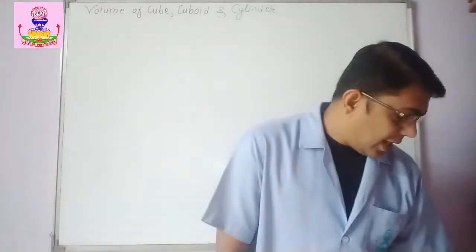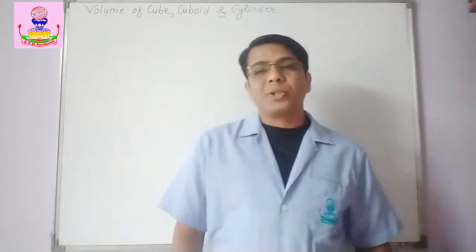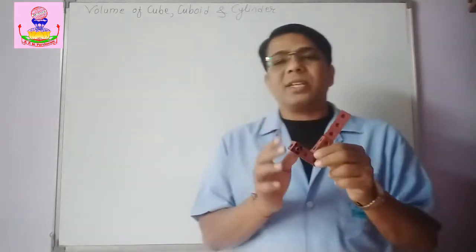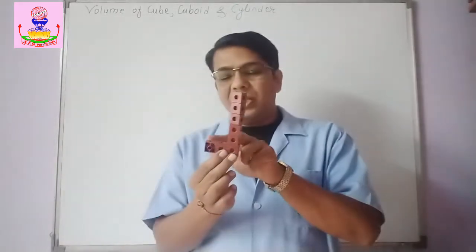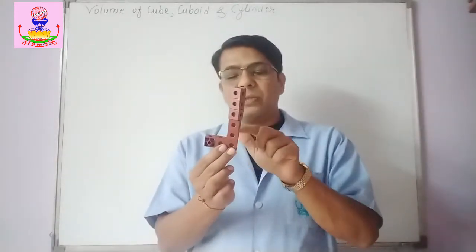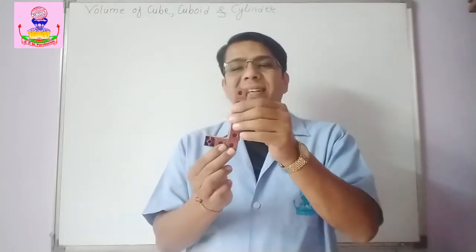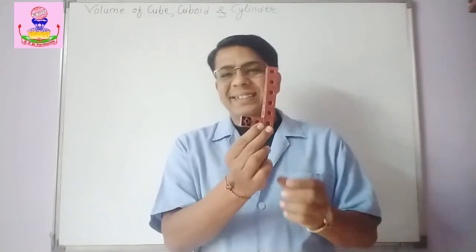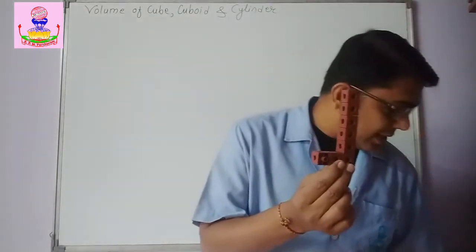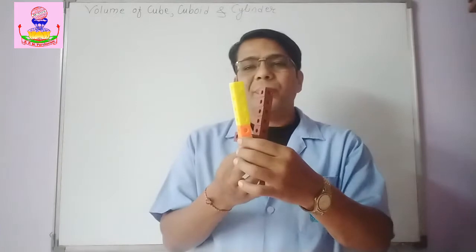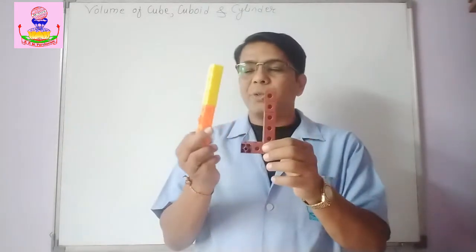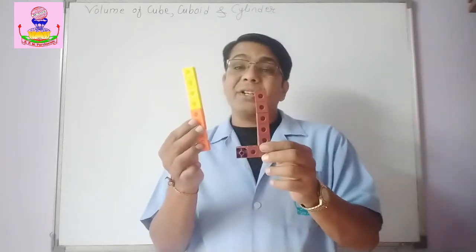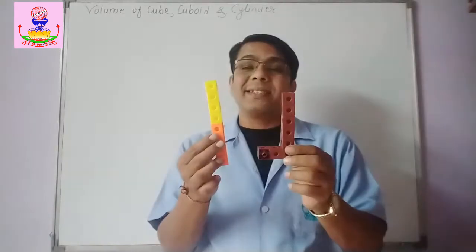Now here I have got 8 cubes. These are smaller cubes, say suppose of 1 centimeter. Now these are 8 cubes: 1, 2, 3, 4, 5, 6, 7, 8. So here the volume of this object is 8. Now I have got this another cube. Again there are 8 cubes only. Now they are placed in some different way, but there are 8 cubes and hence the volume again is 8